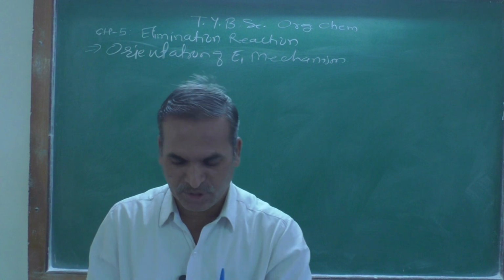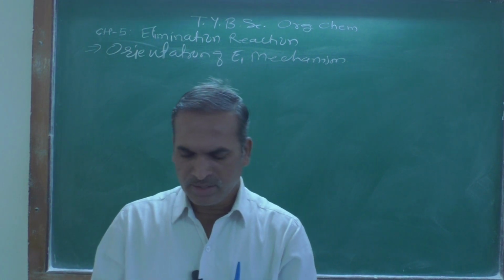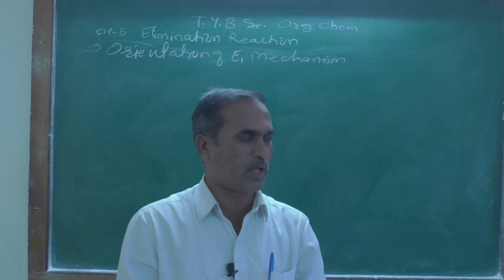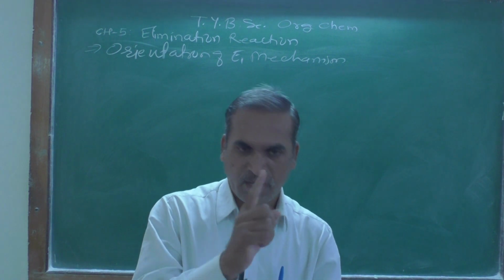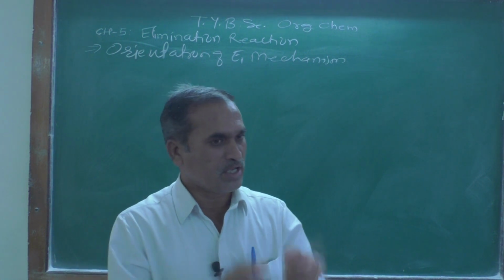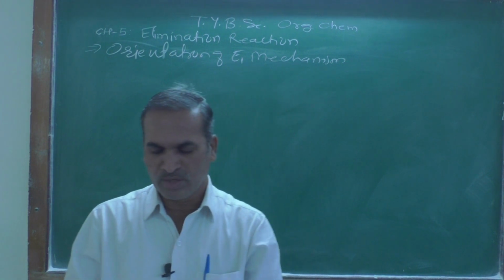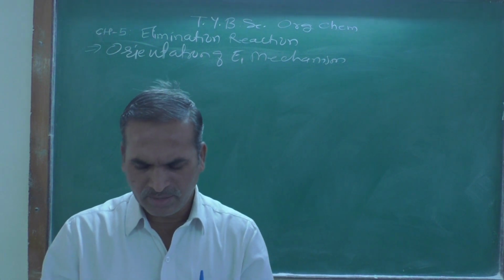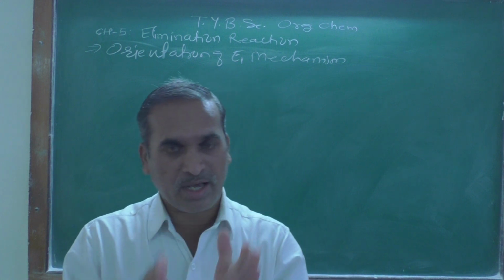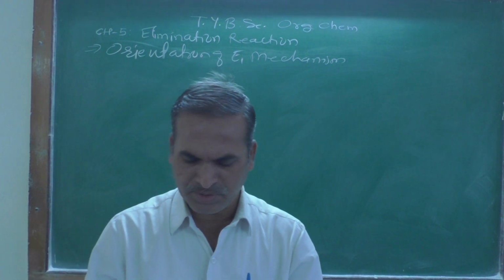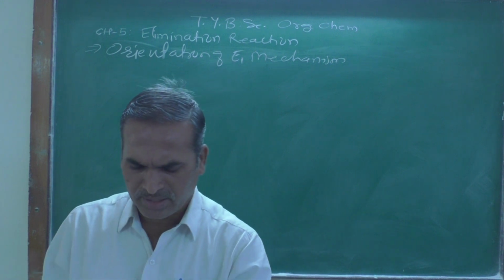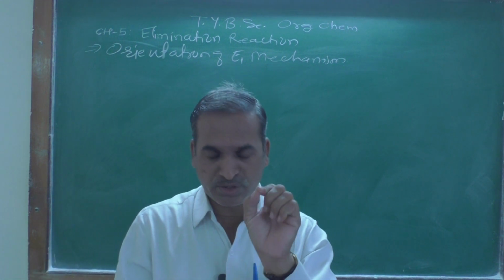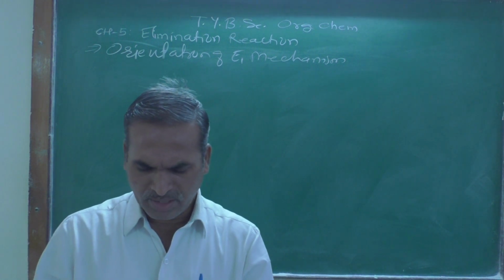And there are 2 aspects about E1: reactivity and orientation. These are the 2 aspects we are going to discuss. The first aspect is reactivity and the second one is orientation. The first one, how far the substrate reacts, that is the reactivity, is determined by the rate determining step, that is the slow step,